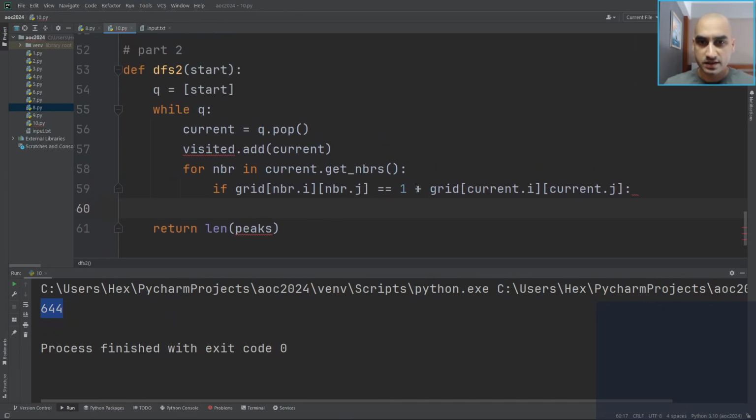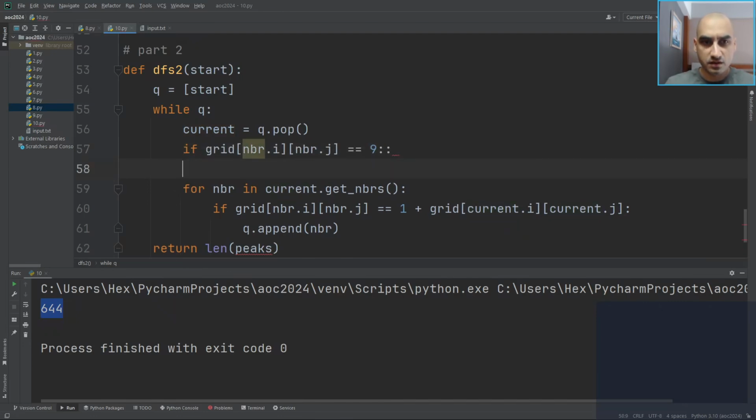So if this is a valid next step, then q dot append neighbor. Don't do that. Here we say if it's 9,